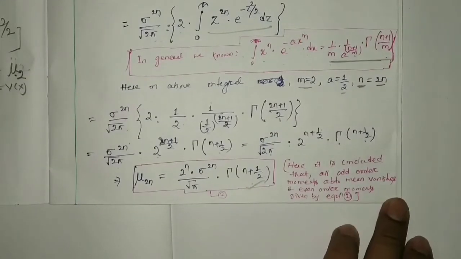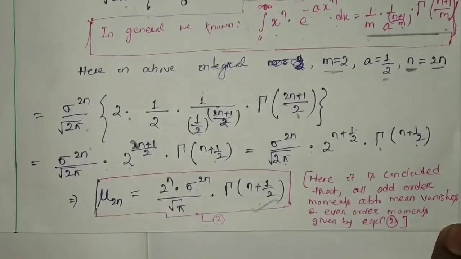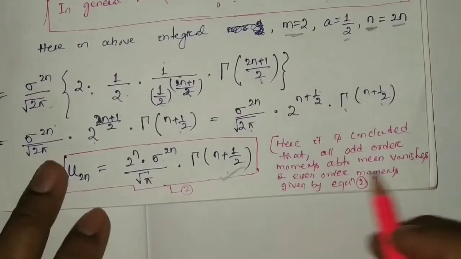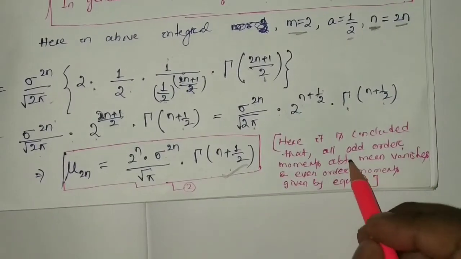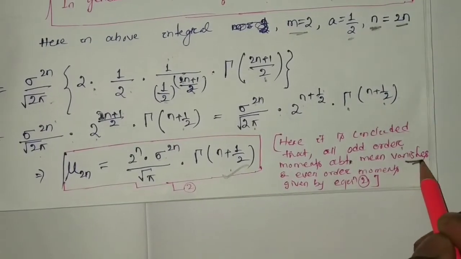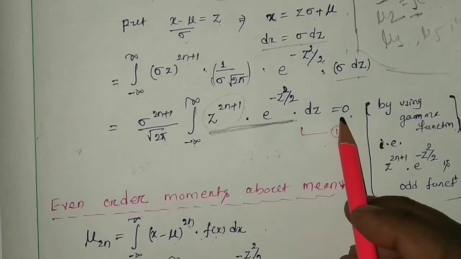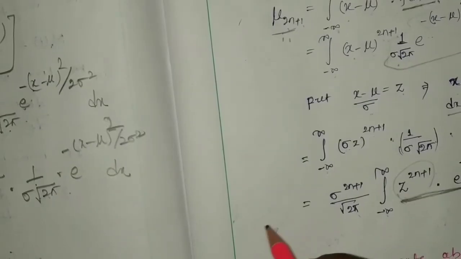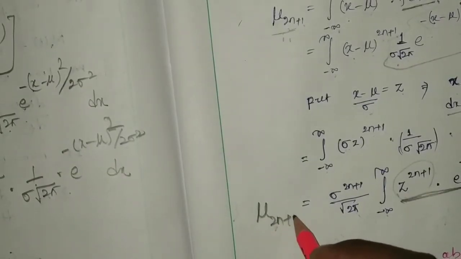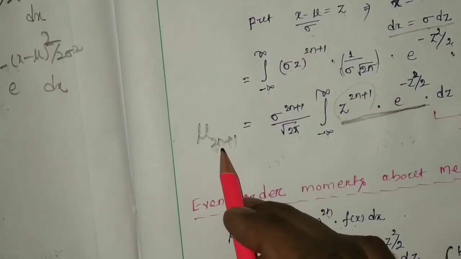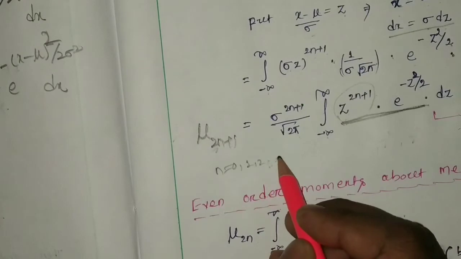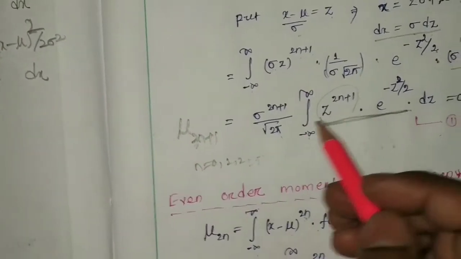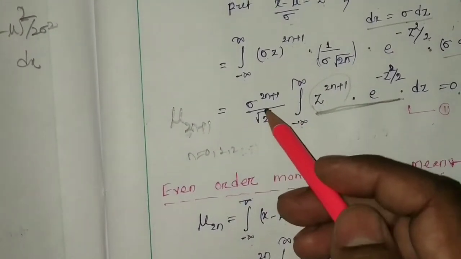Here it is concluded that all odd order moments about mean vanishes. Here what we found? This is your mu 2n plus 1. Whatever may be the n equal to 0, 1, 2 like that. So odd order moment about the mean we found 0,